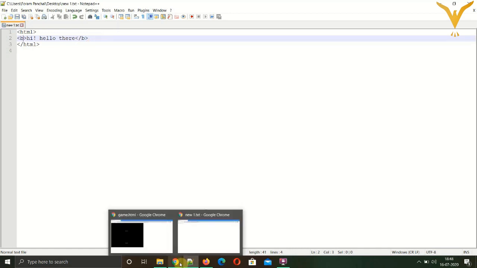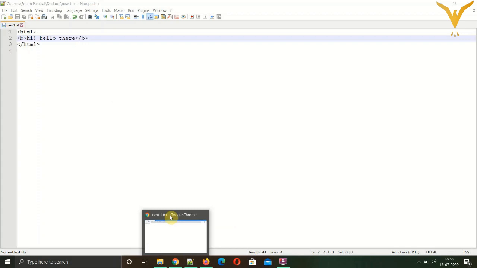Let's refresh our browser. Here, now you can see your code. What you see is your HTML tags, your bold tag and the close tag. You might be wondering why the text inside the bold tag is not bolded. The problem is with the extension.